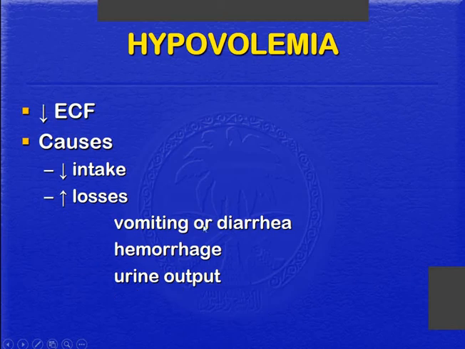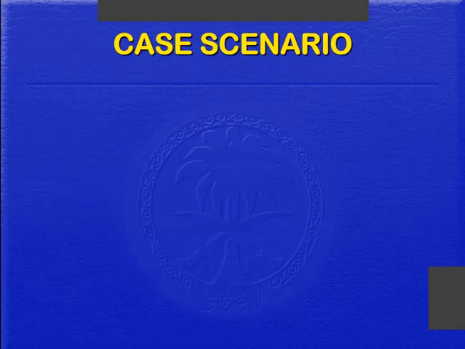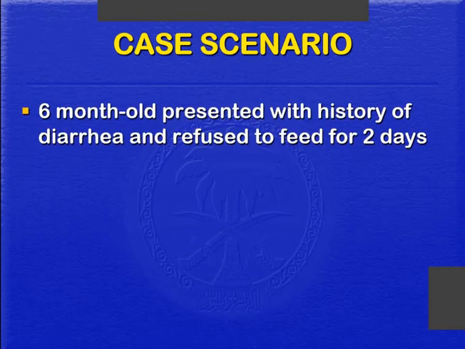Can anyone give an example of somebody who has increased urine output which leads to hypovolemia? Diabetes insipidus. Diabetes insipidus, or a patient with severe diabetic ketoacidosis, when they lose a lot of fluids, they will be dehydrated, and then they will go into a hypovolemic stage. Back to this case,